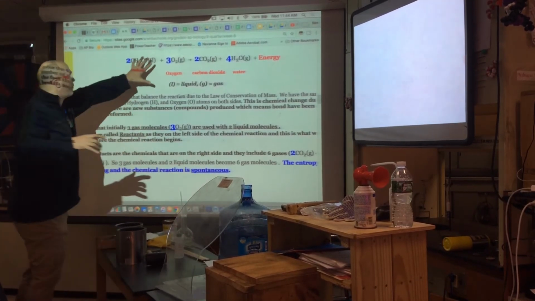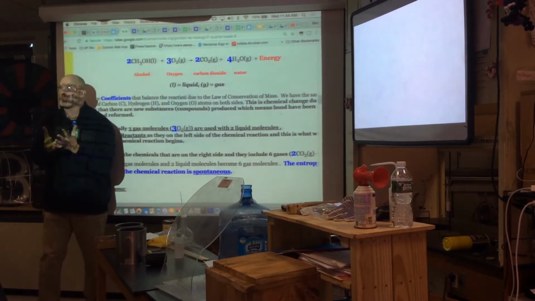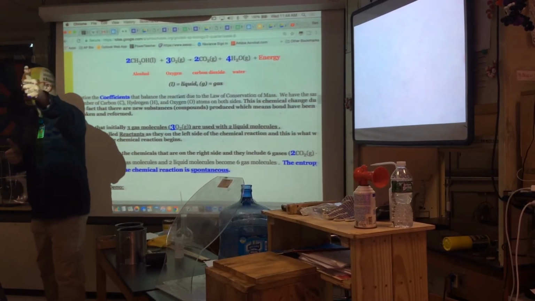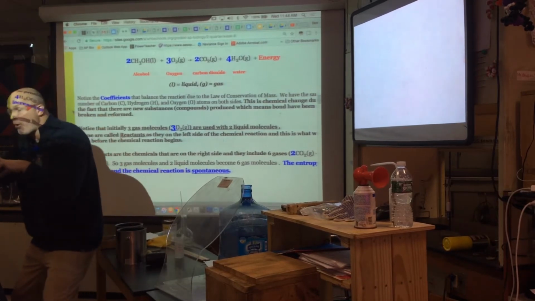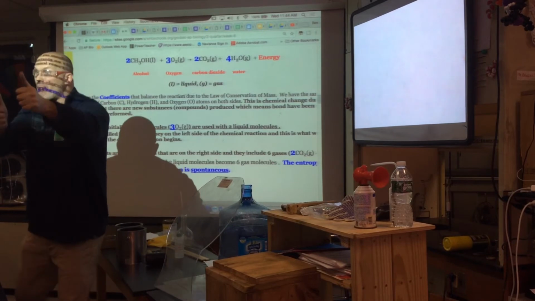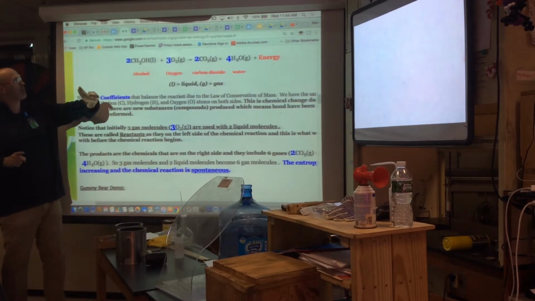So as I go from 5 to 6, I'm increasing the number of independent particles. Am I increasing the disorder? Yes? Good. Am I increasing the dispersion of energy? Can't little particles disperse the energy more? Perfect. That's the first point, that we look at the particles. Look at something else, party people.